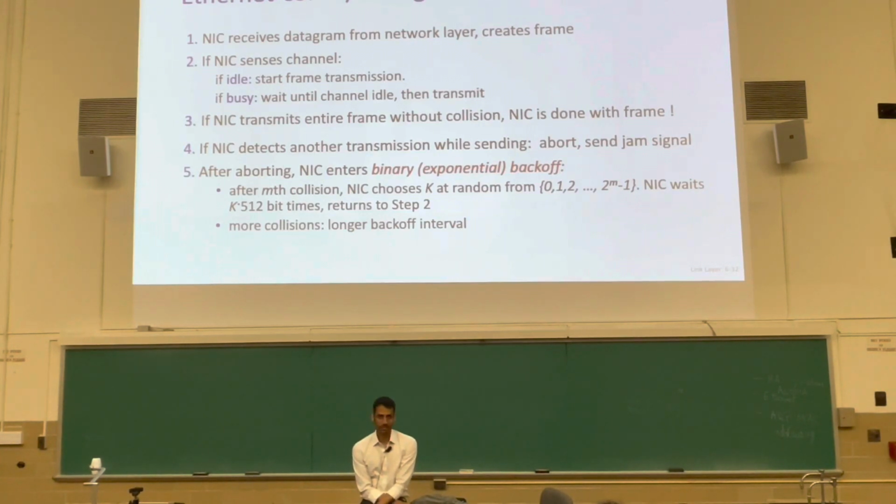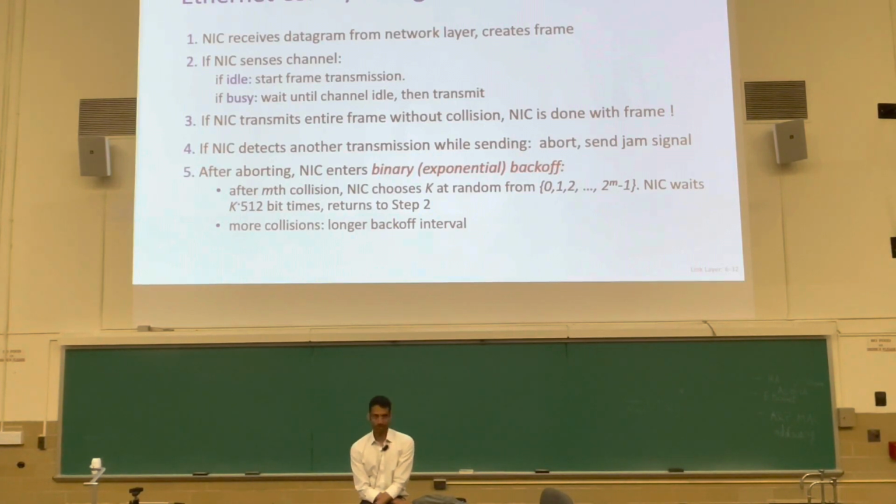So on a 10 Mbps channel, 1 bit time is 1 divided by 10 times 10 to the 6, in megabits per second. On a 100 bits per second channel, 1 bit time is 0.01 seconds. On a 1 kbps channel, 1 bit time is 0.001 seconds. So bit time is 1 bit's transmission time. So it's really just 1 over the capacity in bits per second of the channel.